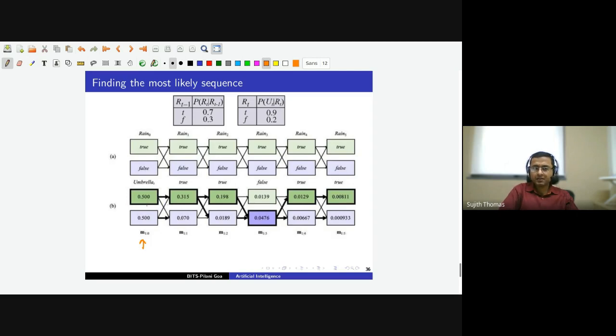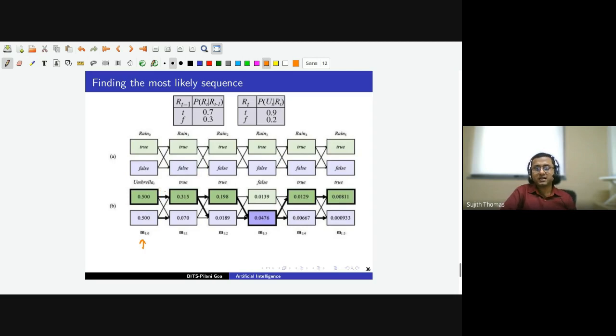So similarly, we are passing on a message in every time step, which basically captures the best probability for sequences that end with true and false value till some time step t. And we will also keep storing